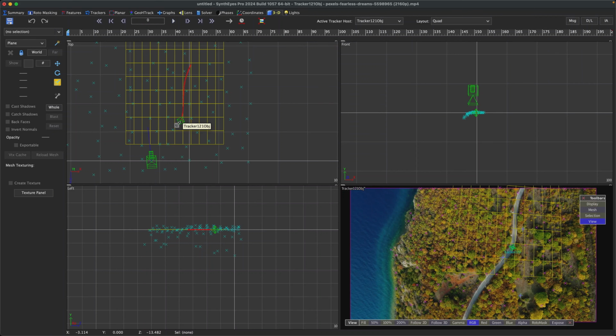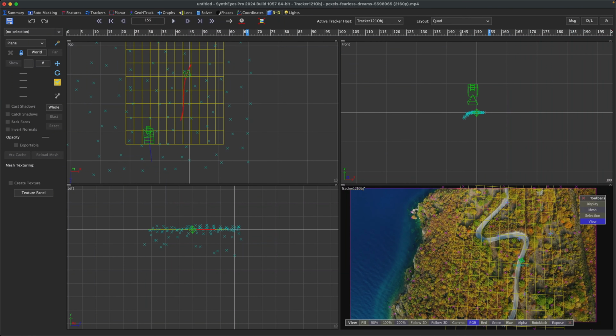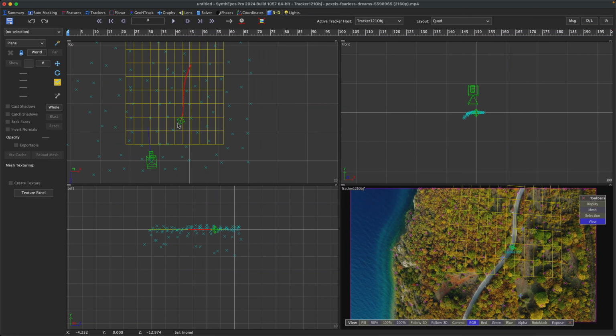So the nice thing about this is that there is actually a heading. So when we place something in here, it's going to be able to have the turn too, which is pretty amazing for just a single tracker. Okay, so let's make sure we're in our object mode, and then we're just going to add in a model just to check it. So I'm going to go to box